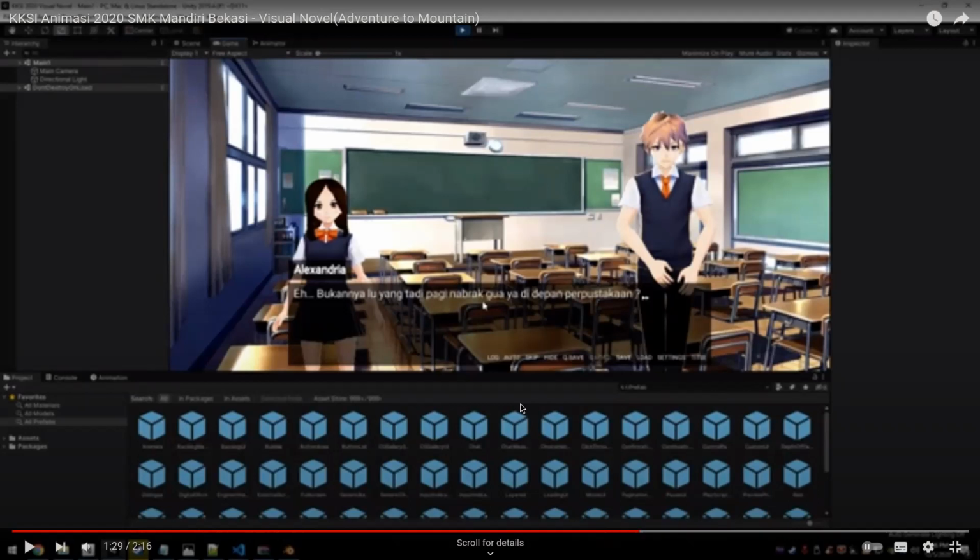This is my major one. This one with my students is a visual novel, and the result for the character is based on your action. For example, we have several parts: A, B, C. If you choose A, you have a different result. If you choose B, you have a different result too. And if you choose C, you have a different result.